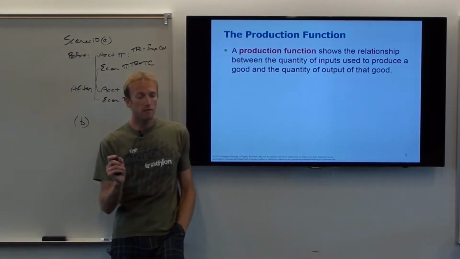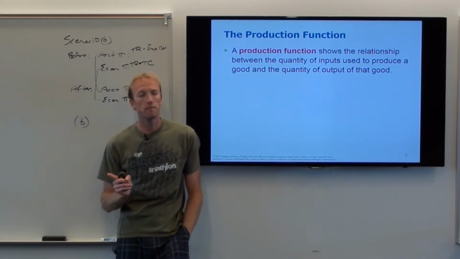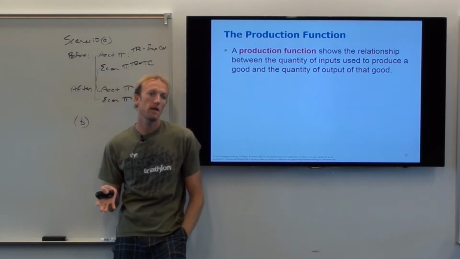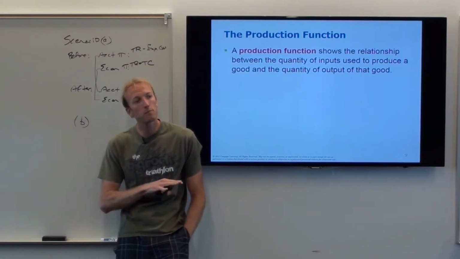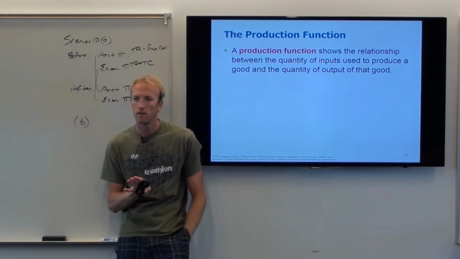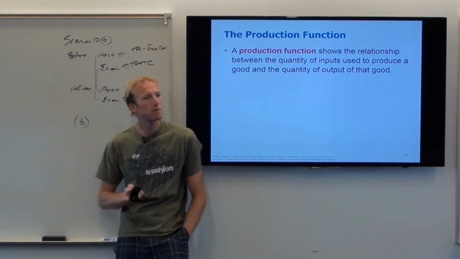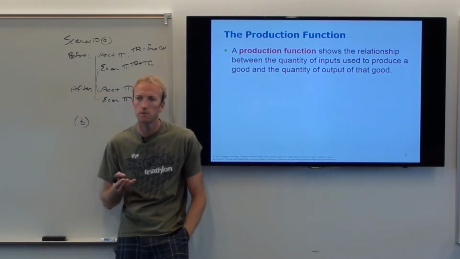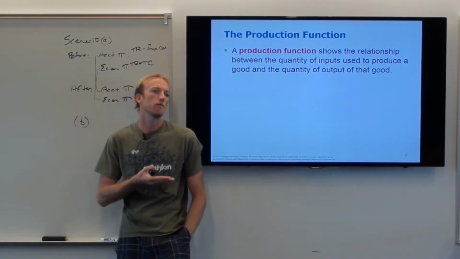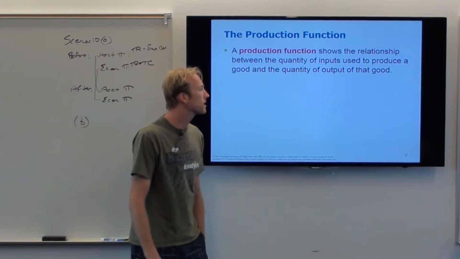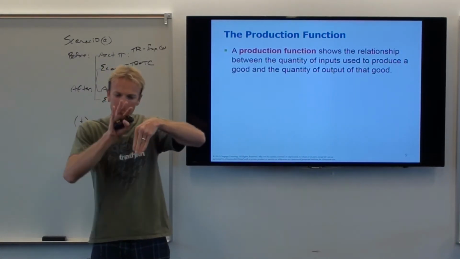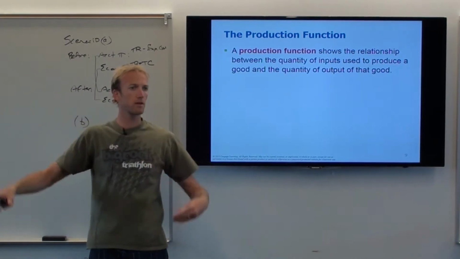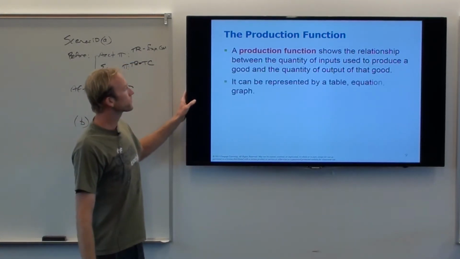Okay, let's now talk about the production function. So a production function, if you continue on in economics, you'll hear this many, many times. It's just a formula that tells you how much output you get when you put in a certain amount of input. Right? It's a production function. So you can imagine it's a mathematical function. In come some inputs, out go some outputs. That's the production function. Okay.